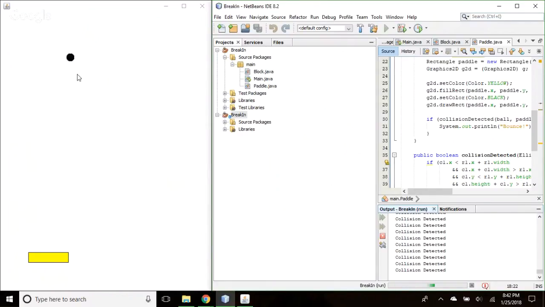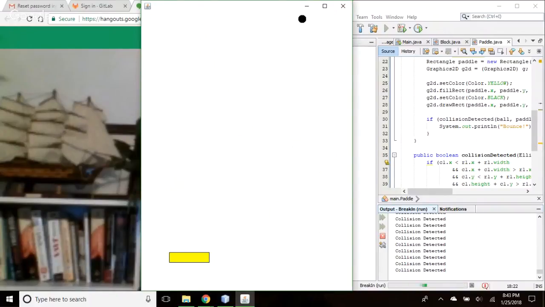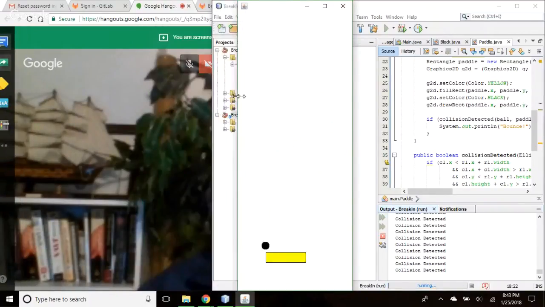Well, yeah, because you can't see them, but they're there. Oh, that's right. We report that there's a collision, but what we need to do is change our collision detection so that if it's not visible, then it's not a collision, and just stop reporting. I find it interesting that if I make the window smaller, the ball still bounces off the smaller window. Yeah, that's right, because we did it dynamically. We said the width of the window.